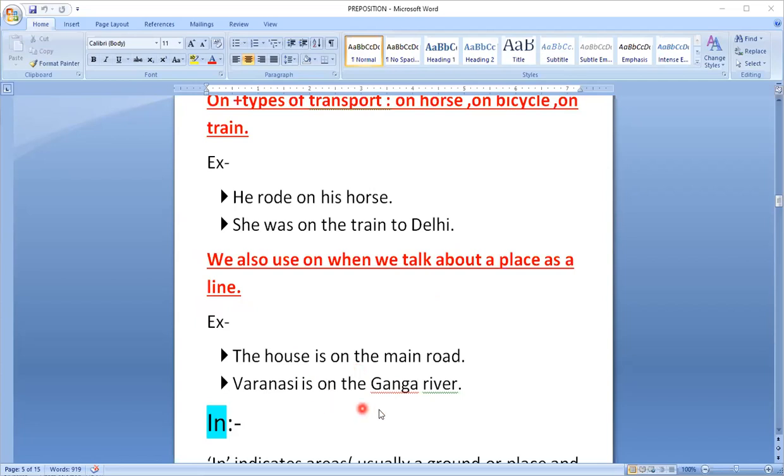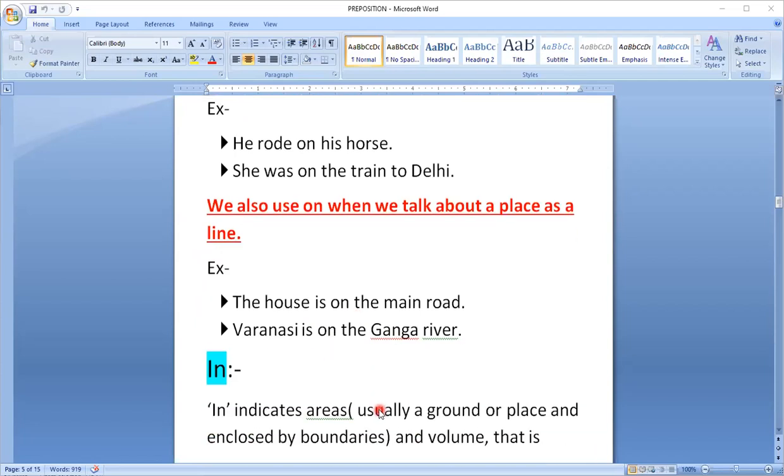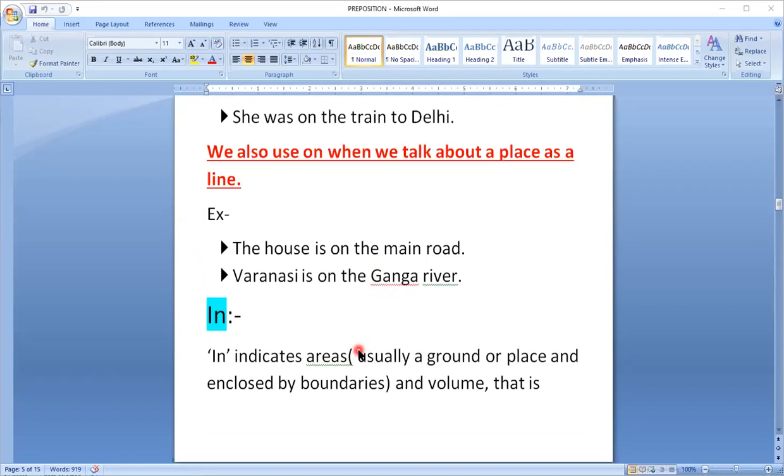Varanasi is on the Ganga river. So you notice that here वाराणसी, जब हम गंगा नदी भी जो हम as a line मतलब वो क्या कर रही है, बह रही है, एक ही लाइन में बह रही है. जब हम रोड की बात करें, गंगा river जब सीधी straight जा रही है as a line के लिए we use on preposition. Okay student, and if you have understood the at or on preposition, so let's start the in